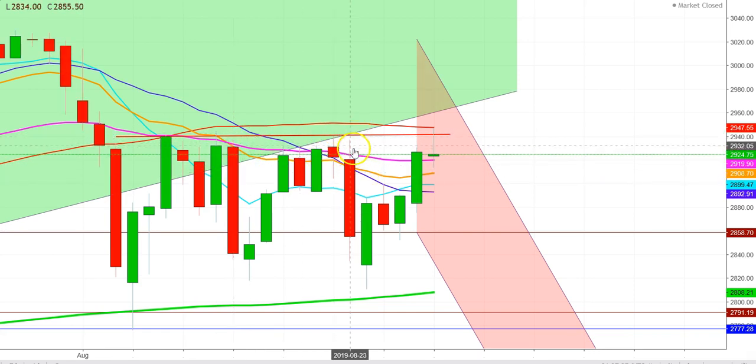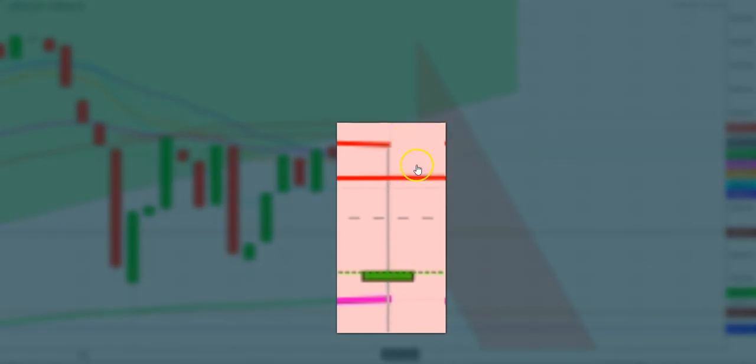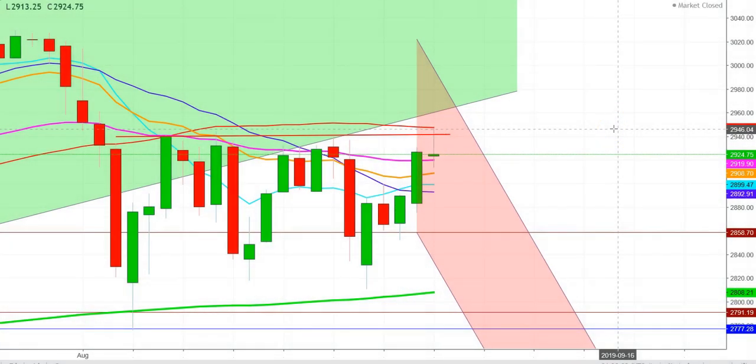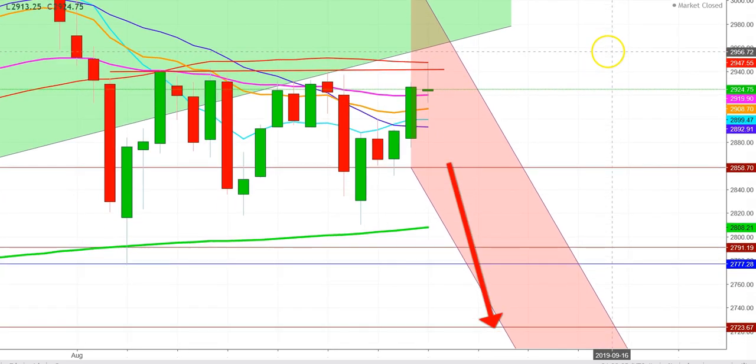Again and again, here you can see that the S&P 500 futures attempted to break this level, but they could not, and finally this has resulted in the formation of an exhaustive candle on August 30th, 2019. Here I find that once again the S&P 500 futures will try to repeat the movements